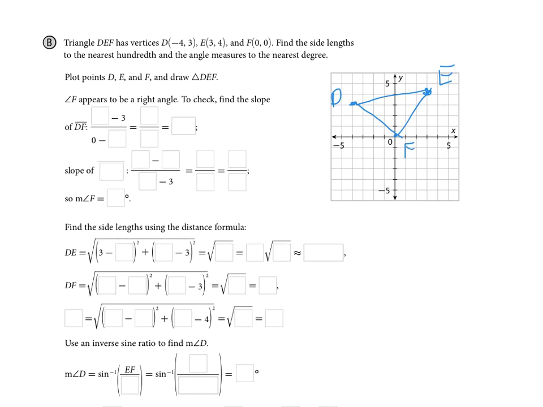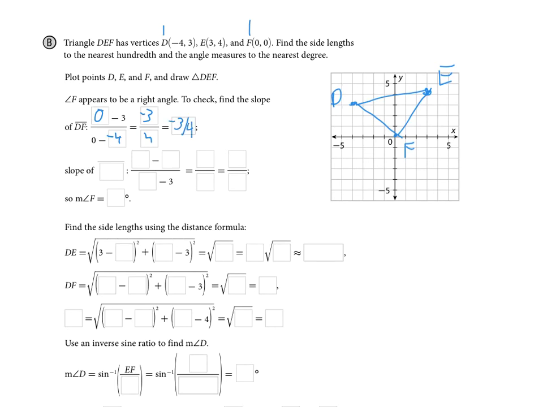So we're going to start by checking the slope of DF here. And we can do rise over run, or we can do the slope formula. Either way, the book uses the slope formula. So again, we're going to look at D and F, and we are going to look at subtracting 0 minus 3, and then 0 minus -4. And we get -3 over +4, or -3/4